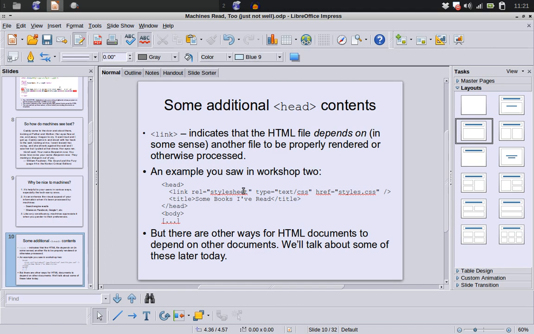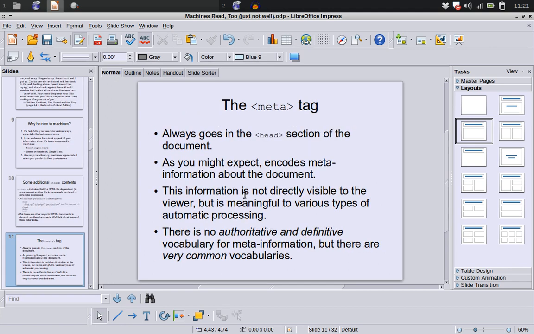But there are other ways for HTML documents to depend on other documents, and actually the link is not the more important of the two tags that you can have in the header. But we will be talking about several additional places where you use it later this morning. Probably by far the more common tag and the more significant one is the meta tag, which, as you might expect, encodes meta information about your document. Again, this is information that's not directly visible to users, but this provides a way of providing hints of various kinds